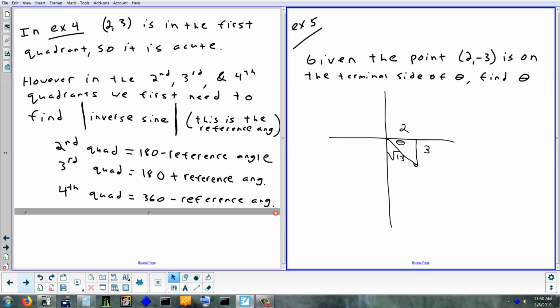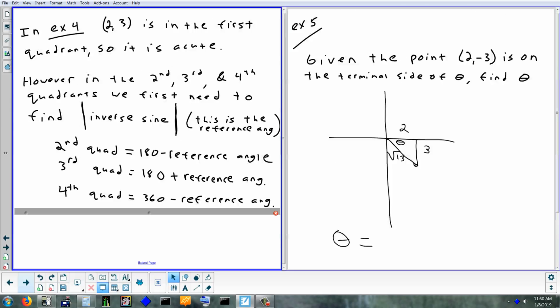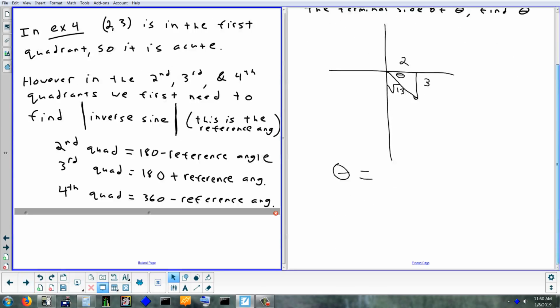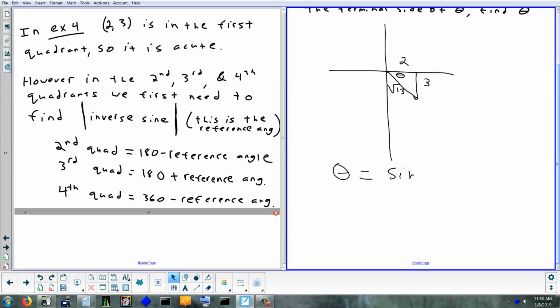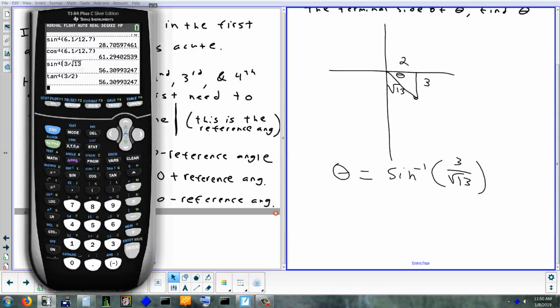Okay, so let's find the reference angle. It says to do the absolute value of the inverse sine. So do the inverse sine. What side is opposite? 3. What side is the hypotenuse? Okay. Again, we just went through all this. In fact, I still have the answer right here. I'm not even going to type it in again. Inverse sine of 3 over the square root of 13 is